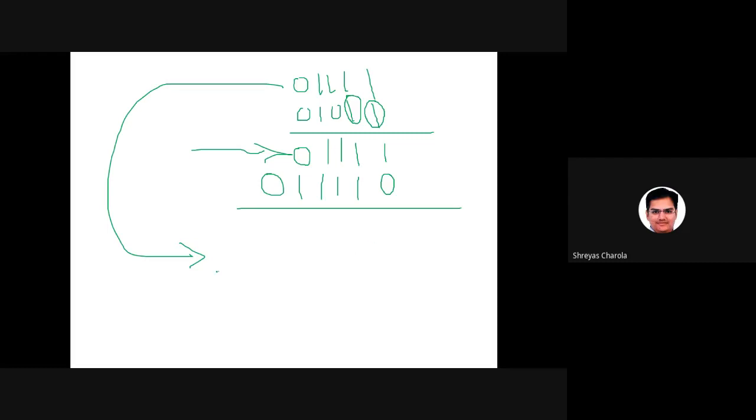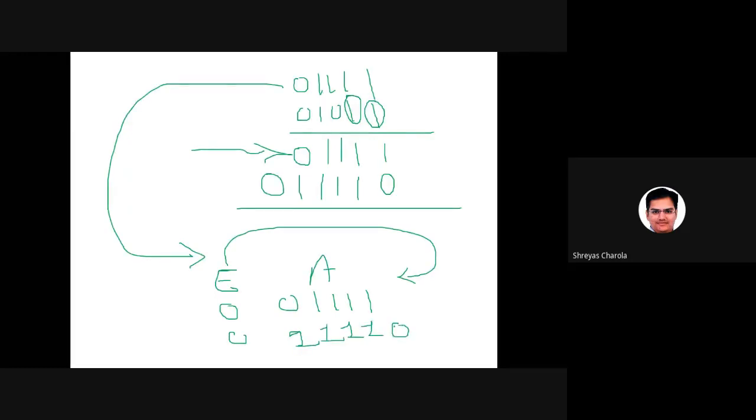Okay, E is already 0 over here, remember. And in the accumulator I have the value 0, 1, 1, 1, 1. This is the accumulator. I'll rotate circular left. That means this 0 will come here. So 0, 1, 1, 1, 1, and then 0. Okay, are you getting or not?